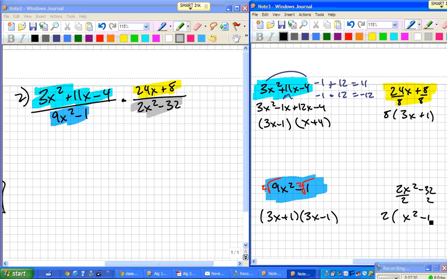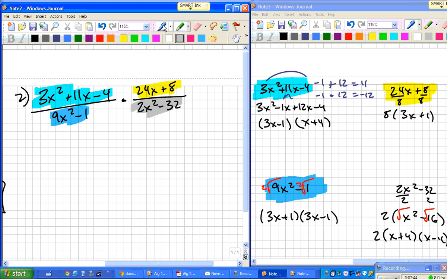Factor out a 2 and you're left with x squared minus 16. And then it's the difference of two squares. And that's where we get x plus 4, x minus 4. Okay? So when you rewrite this, you should be going 3x minus 1 over,